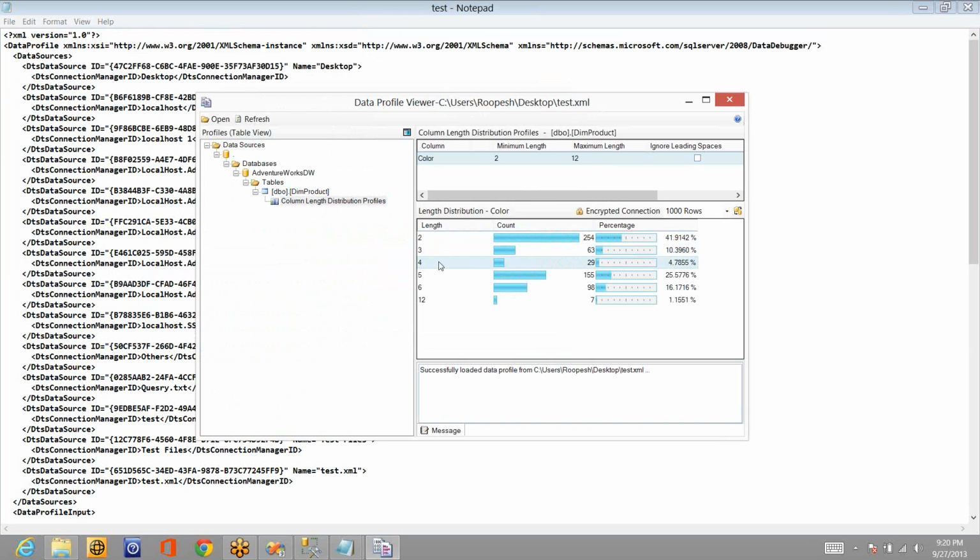4-character colors, for example blue, there are 29, which is 4.78%. 5-character colors, like black, there are 155, which is 25%. And then 6 and 12: there is some 12-character color, yellow or silver or some color which is 12 characters in length. There are 7 values like that, and it is